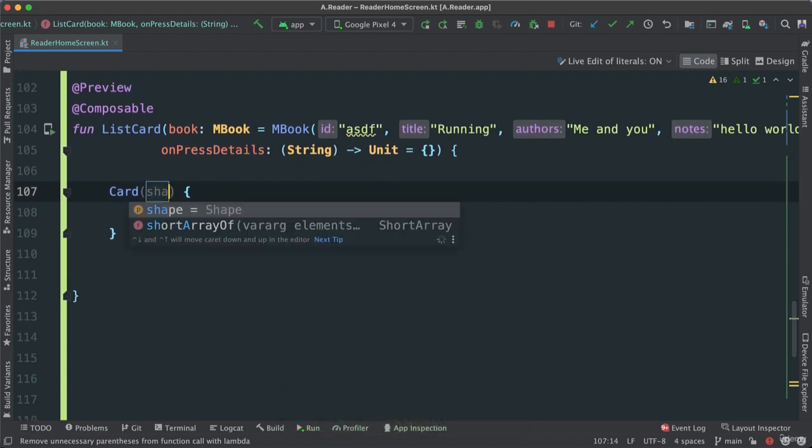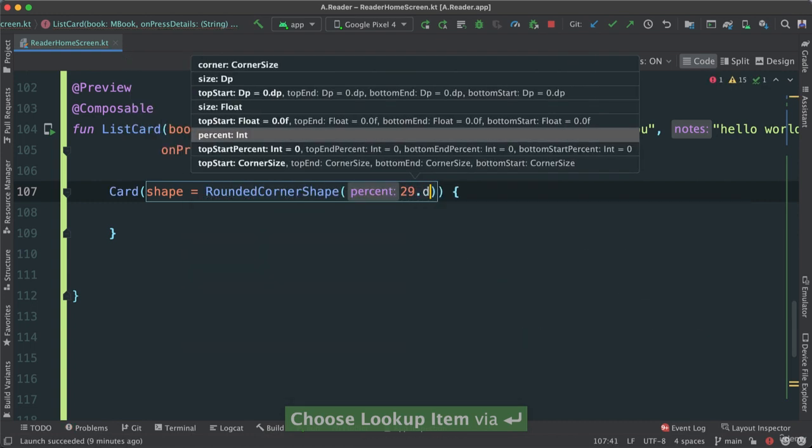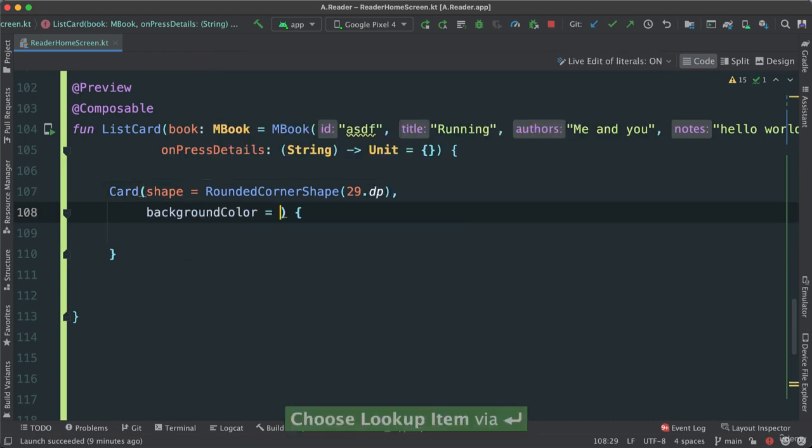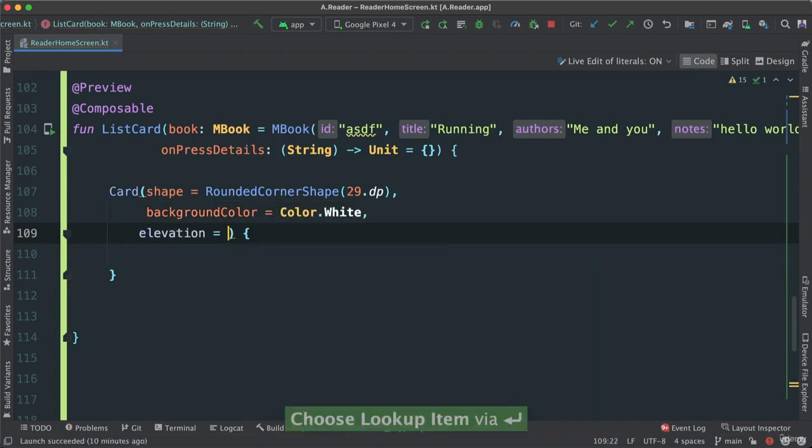And right away, I'm going to pass a shape because we need a shape, of course. I'm going to say rounded corners, and I'm going to just say 29.dp. And I'm going to give a background color, just say color. I'm just going to give a white color, give an elevation of about 6 dp,